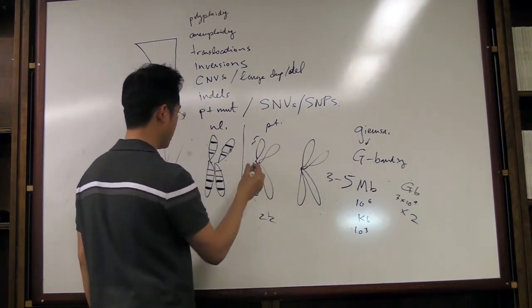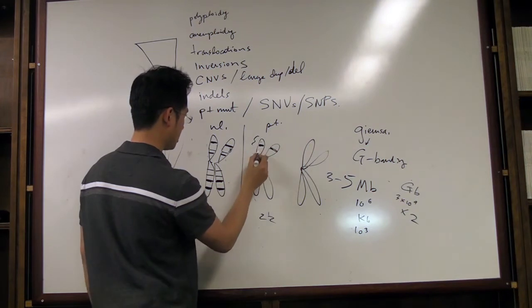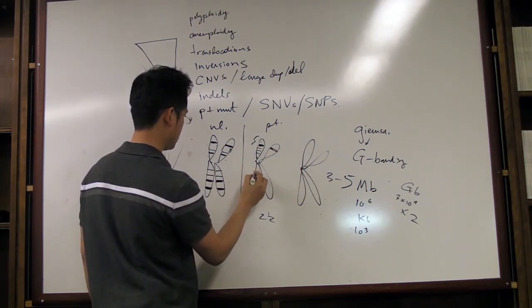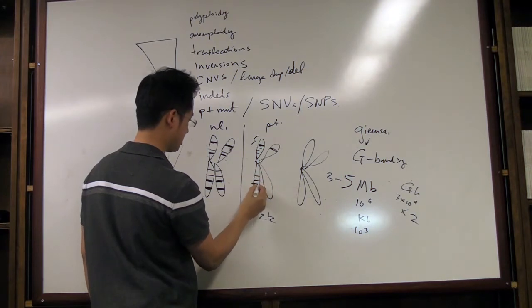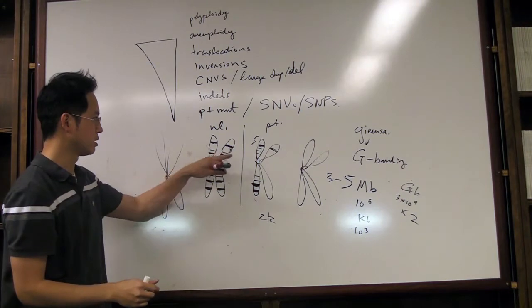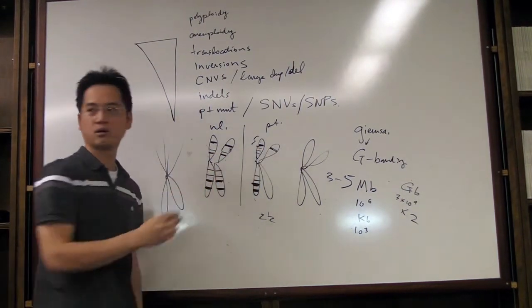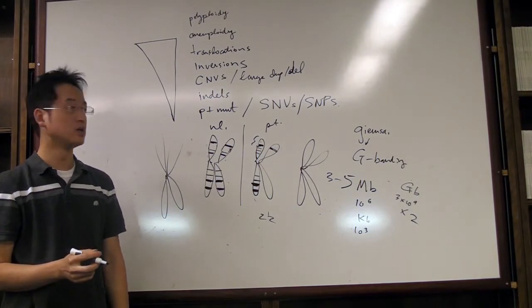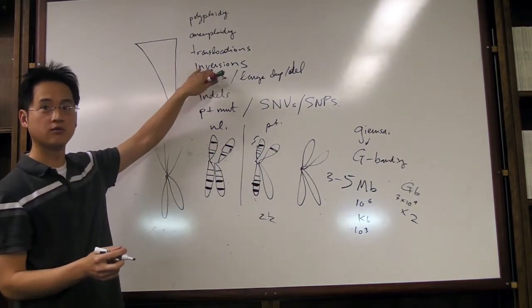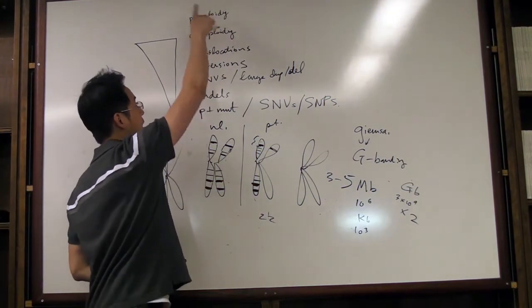But what you see in the patient is this band here, and then something like that. So it looks quite different, right? So perhaps there's an inversion, a pericentric inversion occurring right here in the chromosome. So you can easily detect inversions if they're large enough. So all of these things can be detected at the